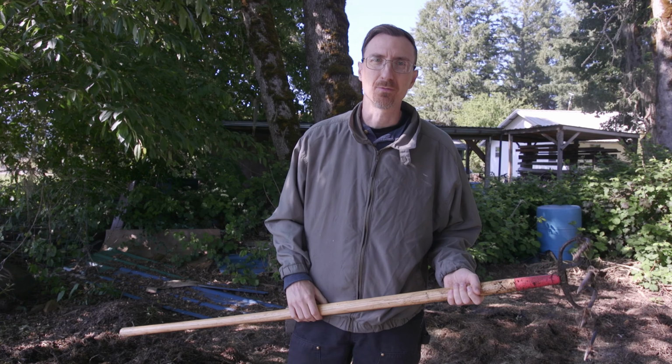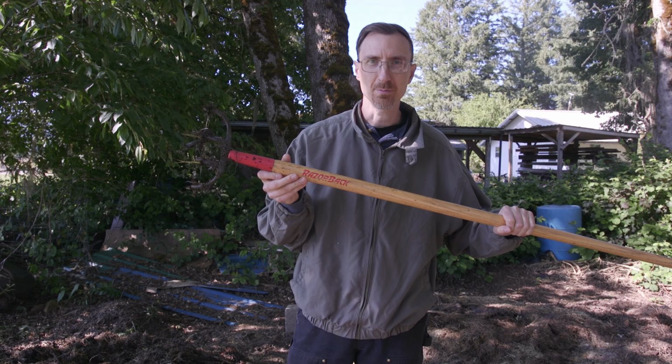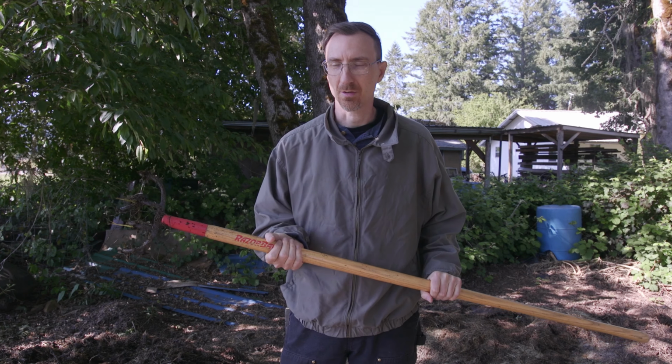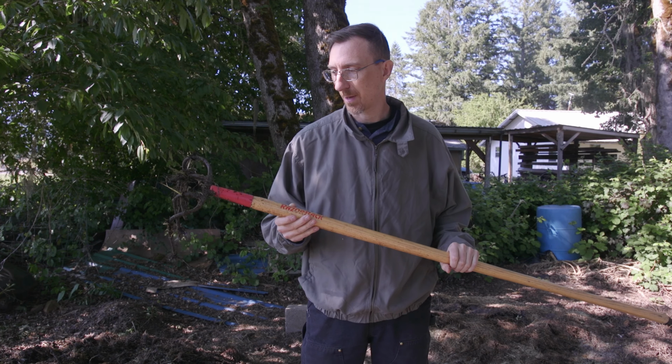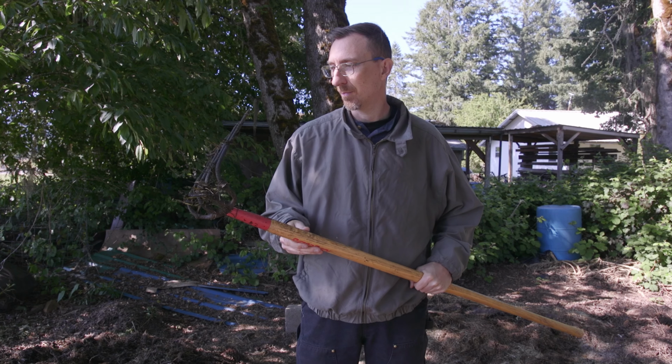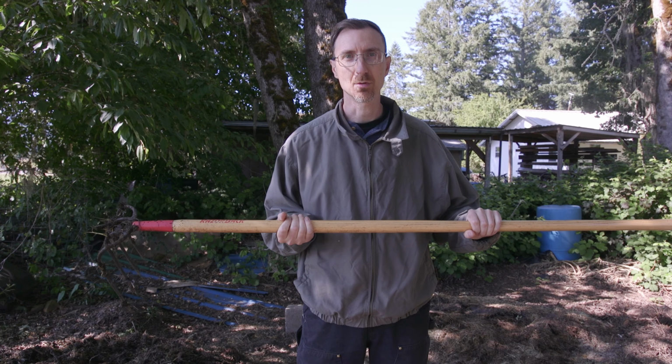So this particular manure fork that I was able to find is a Razorback. The model number on it is 75212GR. If you want to look it up, I believe I paid around $96 for it. So it's a little more expensive than some other tools, but it has forged tines on there. It's been bought out by Ames, so the quality has definitely gone down from probably 10 years ago when Razorback was producing it themselves. But it's still a decent tool, and on the higher end there are some for 150 to 200, somewhere in that range,